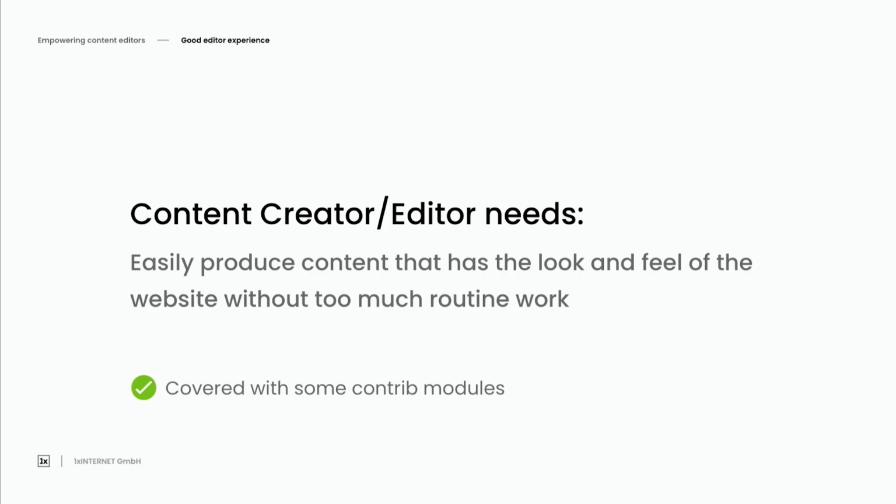Yeah, and the first point that we will show today would be about creating content. So you want your editors to create similar pages. For example, if it's a landing page, it should have some header and footer that is always the same or always look the same, but the content inside is different. But to make it, you will definitely try to use something like templates, yes?